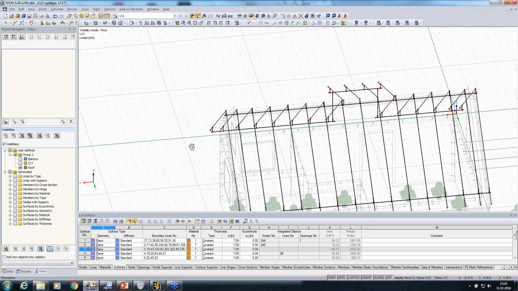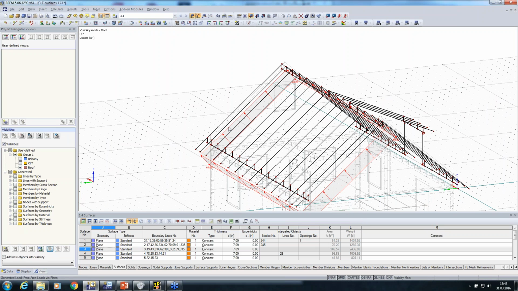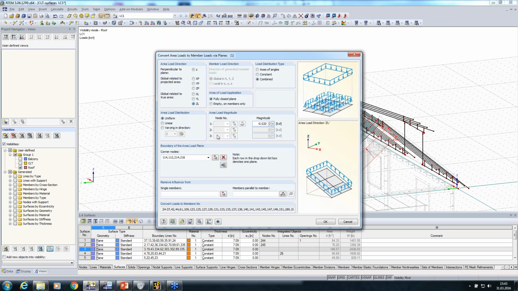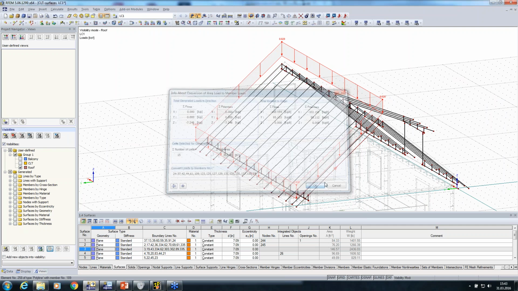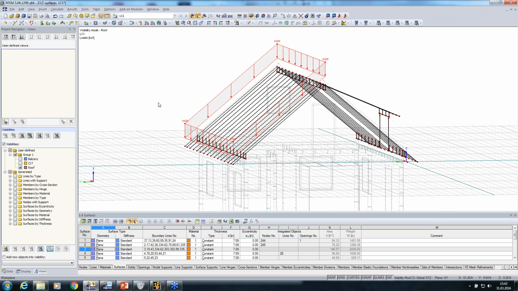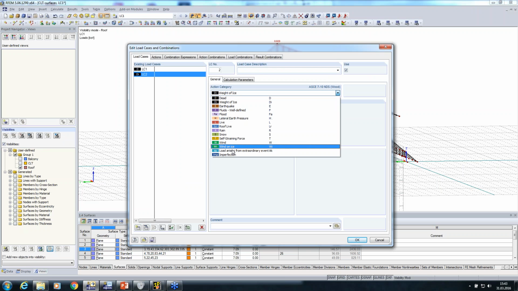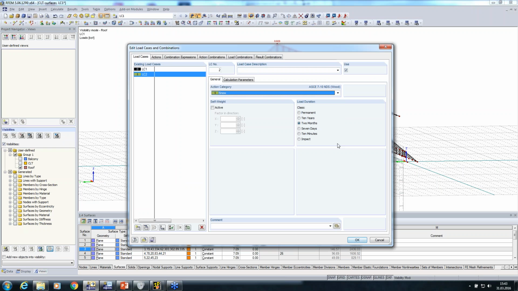Okay, so that load is assigned but in the wrong direction. So that makes more sense, yeah. Okay, the other side of the roof I will leave out right now, and I will create now the snow load on top. As I chose the combination before, it's assigned to the correct load duration class, and